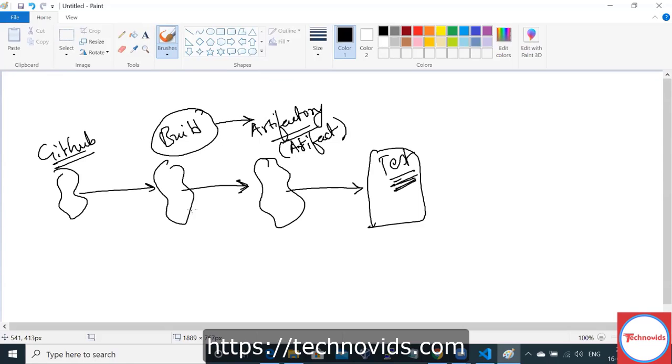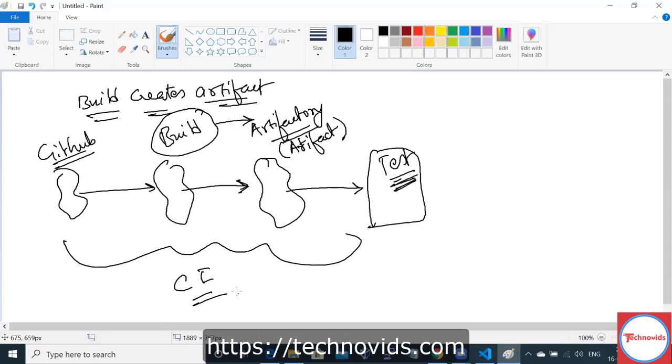After build, artifact is generated. What does build do? Creates artifact. This is the entire CI. After completion of CI, release is generated, which is ready to be deployed to production.